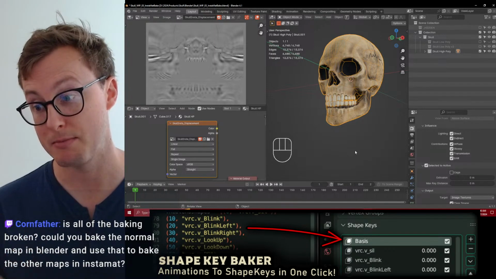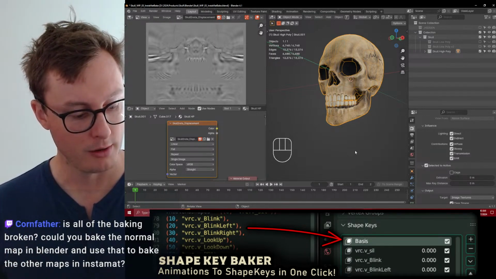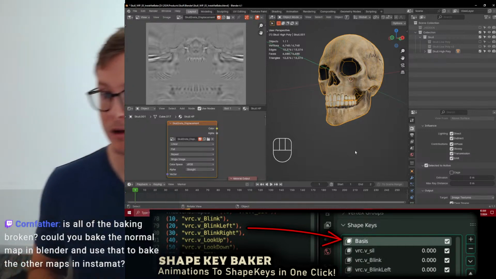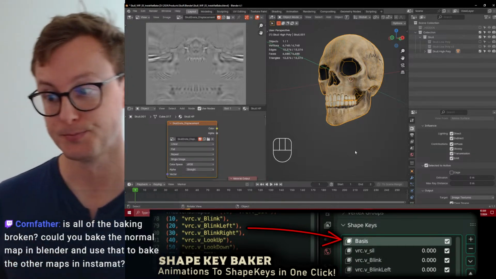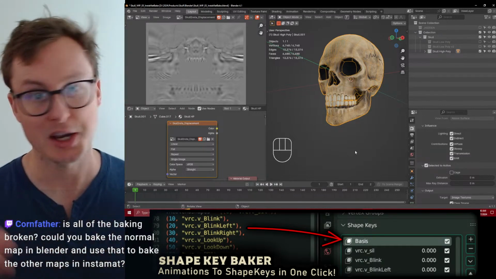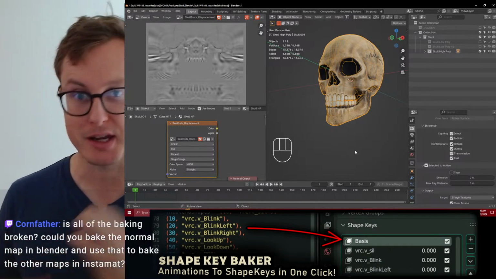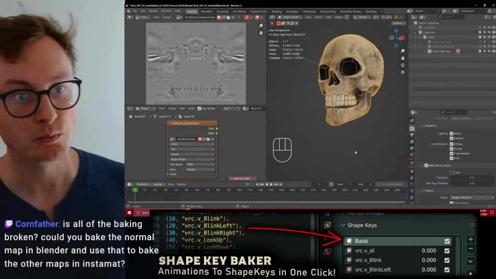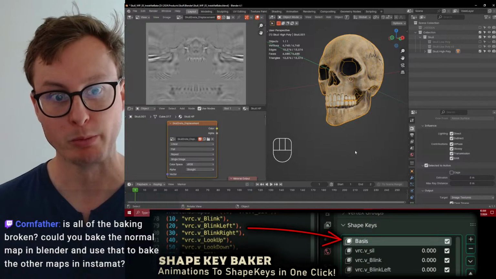Anytime I try to bake an image over 4K or more, which is what I would normally want to bake at. But you can bake in Blender and bring everything into InstaMat. It'll take whatever image. It's just because you're just bringing in images into InstaMat. So, no concern there.